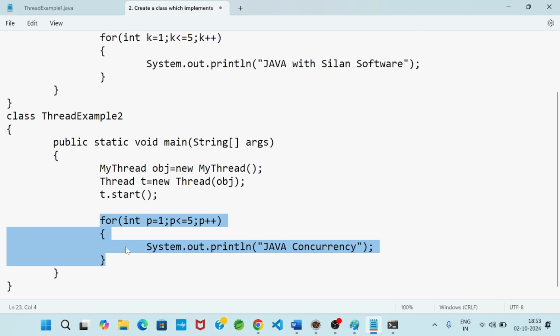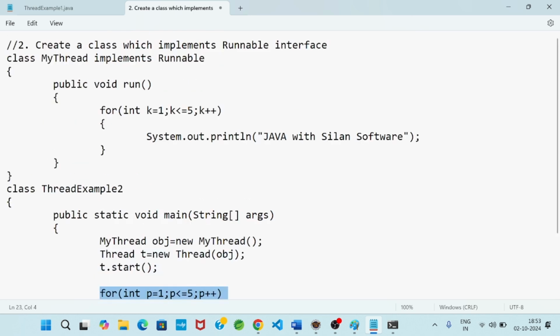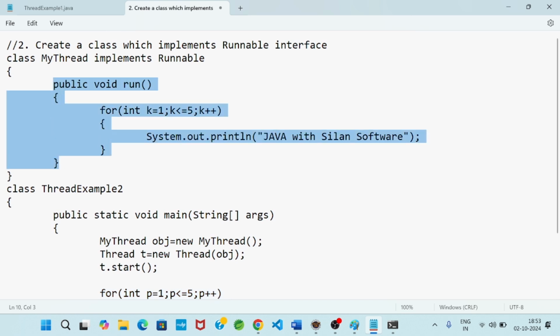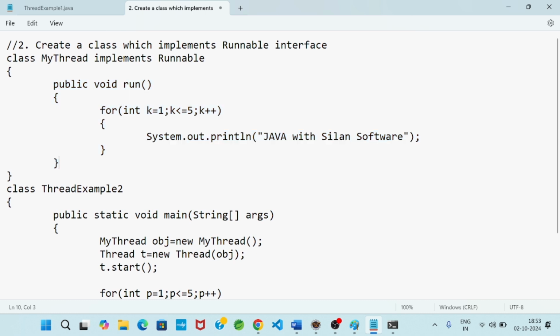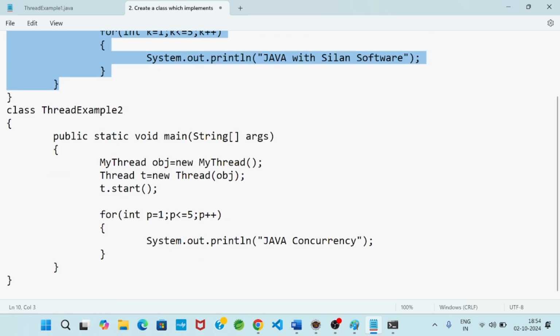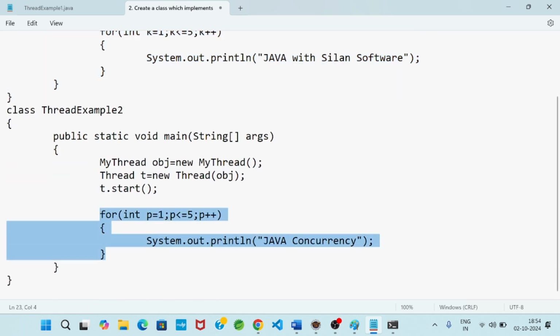So this task is the job of which thread? Suppose this is a task. The run method definition represents a job or a task. This task is my thread task. But this other task is the task of which thread?